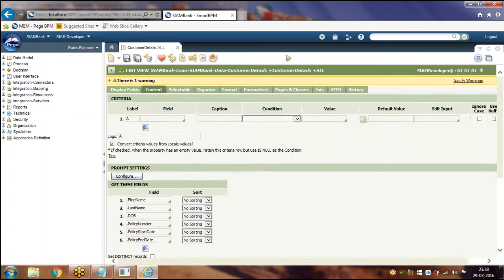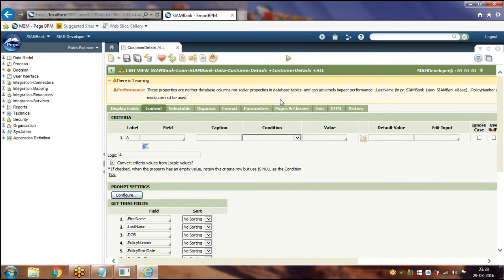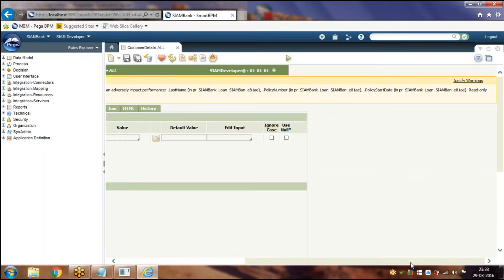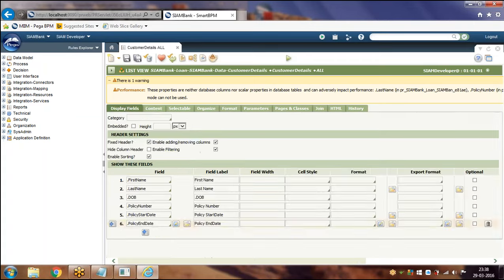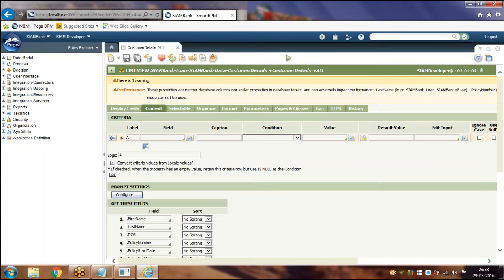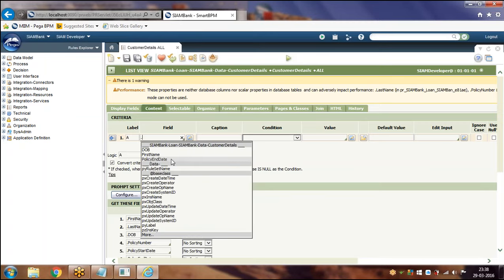How can I see that? In the warning also, if you observe, you have a warning like properties other than those three are unexposed properties. It is showing in the warning, or else you can see in the criteria the properties which Pega is showing you, all those are exposed.